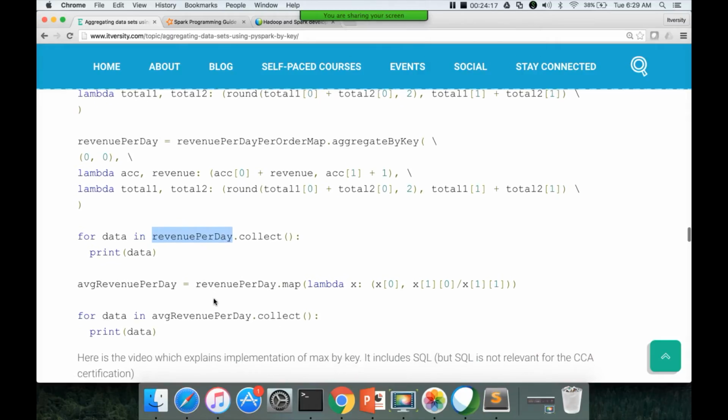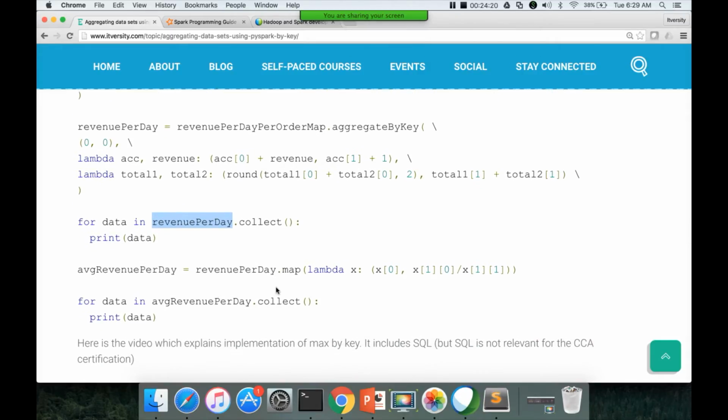Finally, to get the average revenue, you just have to apply the map function. The date is the key here, and then we are just